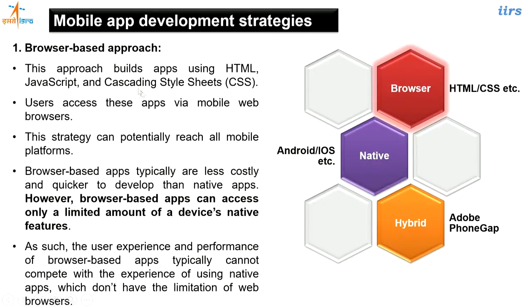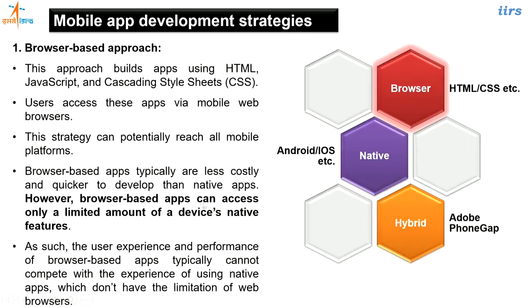If we talk about the development strategies, we can have a browser based approach, we can have a native approach, or we can have a hybrid approach. In the browser based approach, we basically develop the mobile application using HTML and CSS, cascading style sheets. So the application has no dependency upon the mobile operating system. What is the operating system in your mobile does not matter, because the application is developed in HTML or CSS. This requires only one browser and you can use it in your phone. You can call that application through any popular browser that is available in your phone, but you require a good knowledge of HTML and CSS in this case.